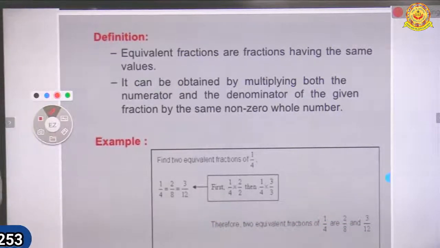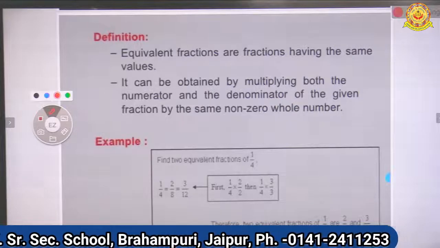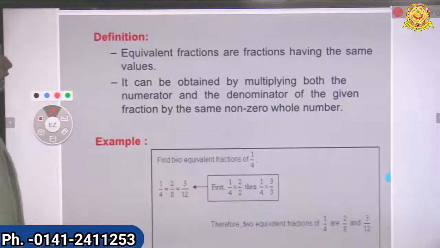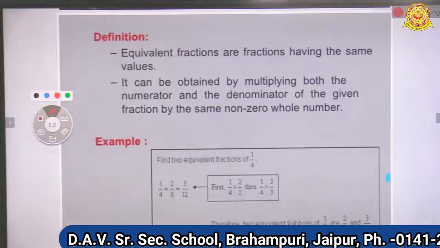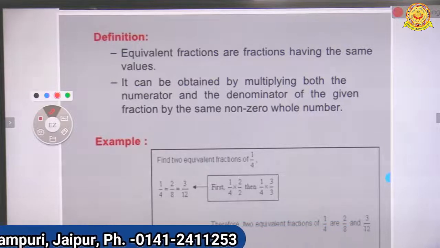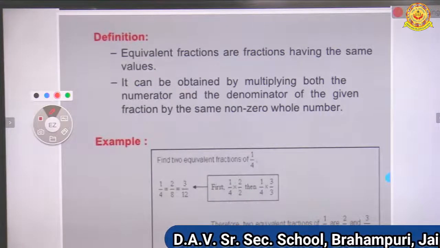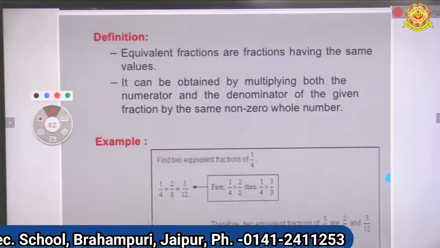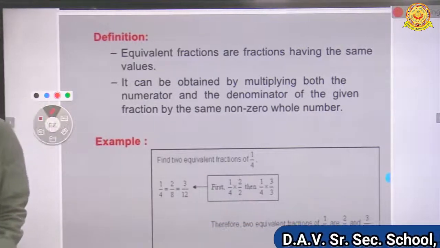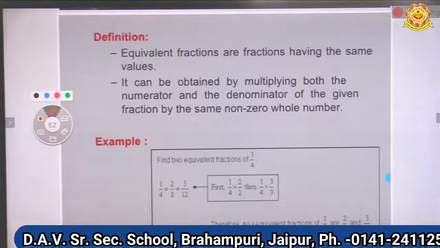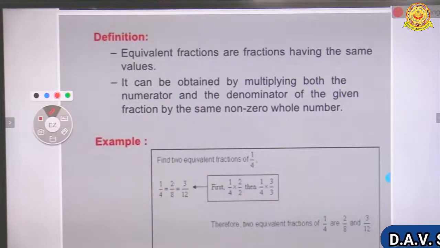If I ask you to tell me the equivalent fraction of any fraction, what will you do? We can obtain the equivalent fraction by multiplying both the numerator and denominator with the same number. If I multiply the numerator by 2 and the denominator also by 2, there will be no change in the value of the fraction. If I multiply the numerator by 3, I have to multiply the denominator also by 3. Clear? So we can have equivalent fractions by multiplying both the numerator and denominator of the given fraction by the same